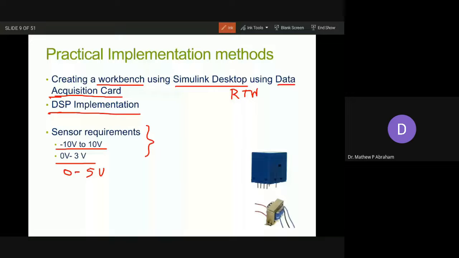But in our case, in grid connection, we will be dealing with voltages that are almost sinusoidal. So we need not have a Hall-based voltage sensor. A general transformer, a 230 to 3 volt or 6 volt transformer, will serve the purpose. Right? Since the current waveform is slightly distorted, having harmonics, it is better to go in for a Hall-based current sensor.